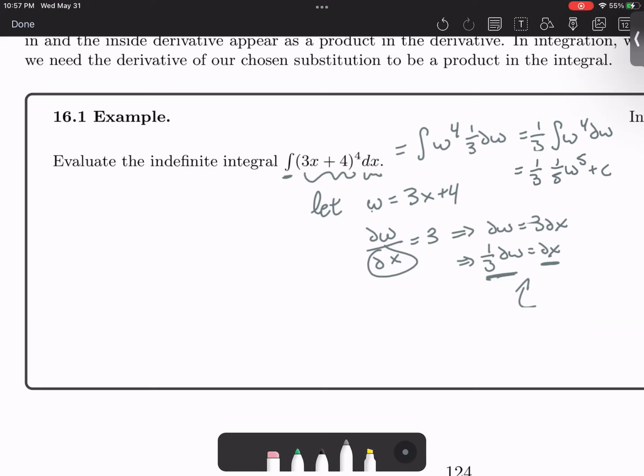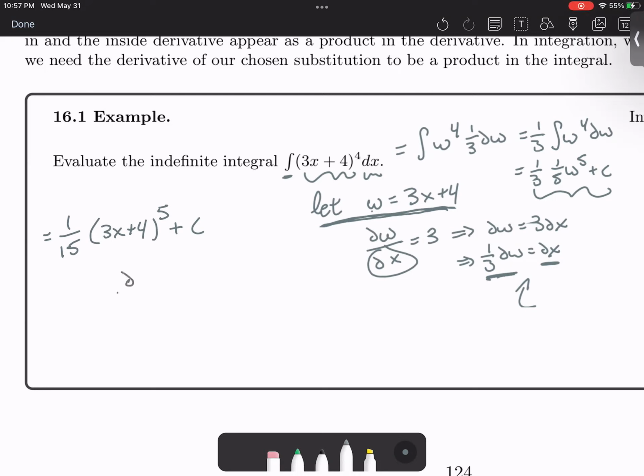Okay, so our integral right now, we have it written as 1/15 w to the 5th plus c, but w was something that we gave ourselves, so it shouldn't appear in our answer. Let's take it back to x. This will be 1/15 w to the 5th plus c, and w was 3x + 4. So you can see if you took that and you differentiated it, the 5 would come down, hit the,